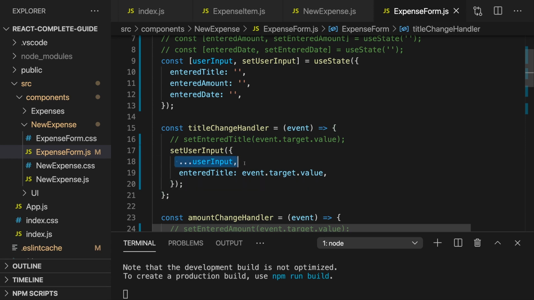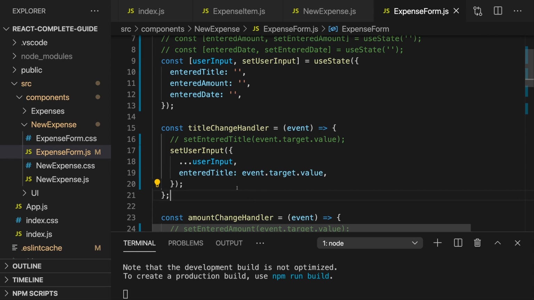Here, I'm depending on my previous state for updating the state. In this case, we depend on the previous state because we use this one state instead of three states approach, and we need to copy in the other values so that we don't lose them. Hence, we depend on the previous state snapshot to copy in the existing values and then just overwrite one value with a new one. Now, whenever, and that's another key rule which you should memorize, whenever you update state, and